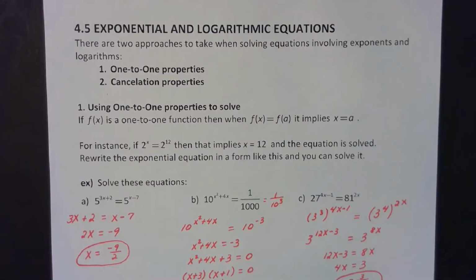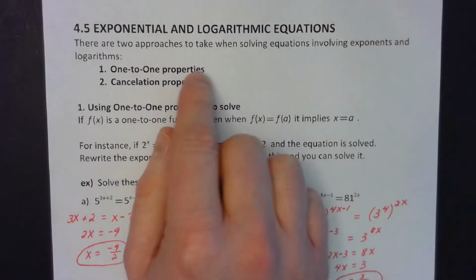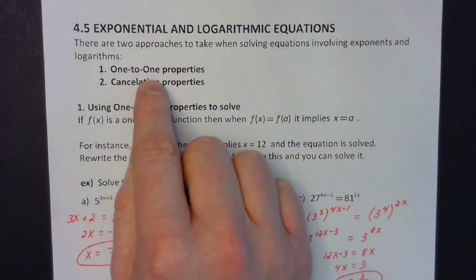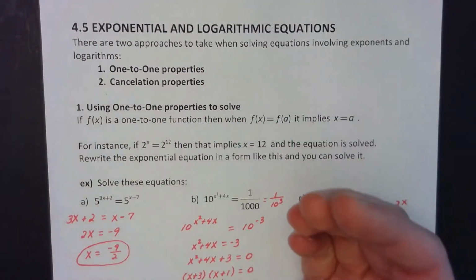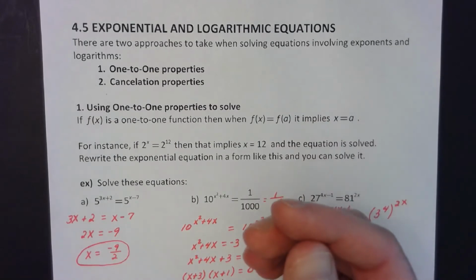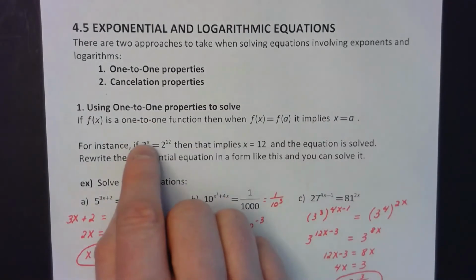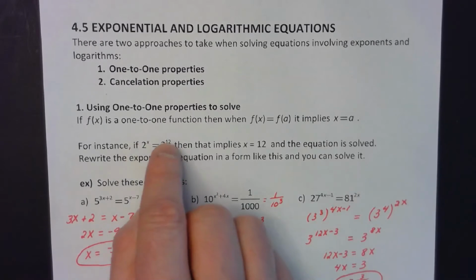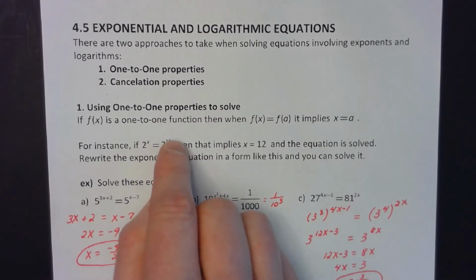Let's talk about the basics of solving exponential and logarithmic equations. So the first way we're going to solve exponential and logarithmic equations is through using the one-to-one properties. These one-to-one properties are whenever the relationship is obvious. Like if I say something like 2 to the x power is equal to 2 to the 12th power,